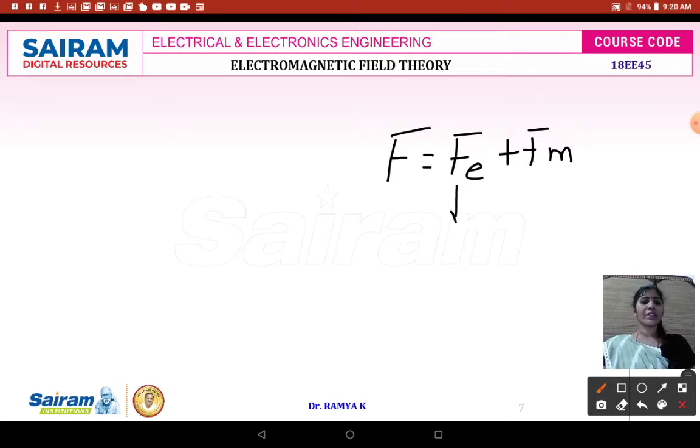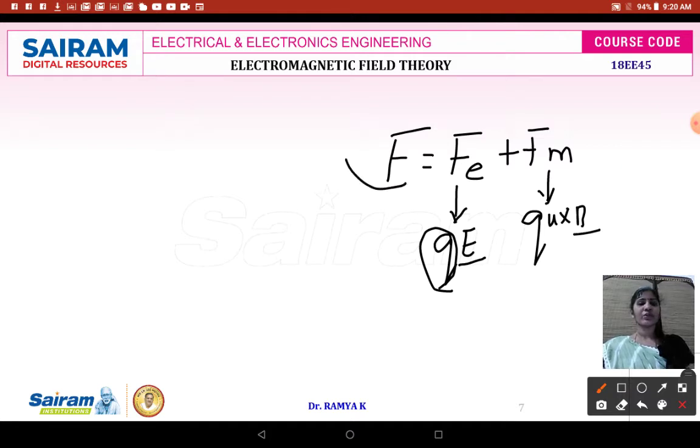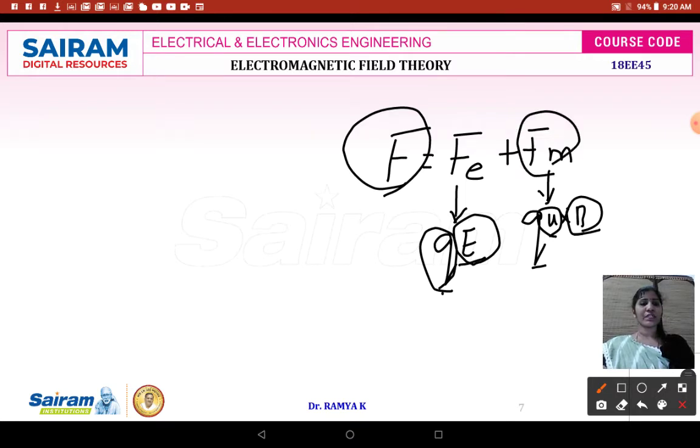The formula to identify your electrical force is Q into E, and the formula to identify your magnetic force is Q into U cross product with B. It is nothing but when charge Q is moving in the presence of your electric field and the magnetic field, then the total force exhibited is the Lorentz force equation. Electrical force is defined as when a charge Q is moving in the presence of your electrical field, then electrical force gets exerted. When a charge Q is moving with a velocity u in the presence of the magnetic field of magnetic flux density, a magnetic force will get exerted.